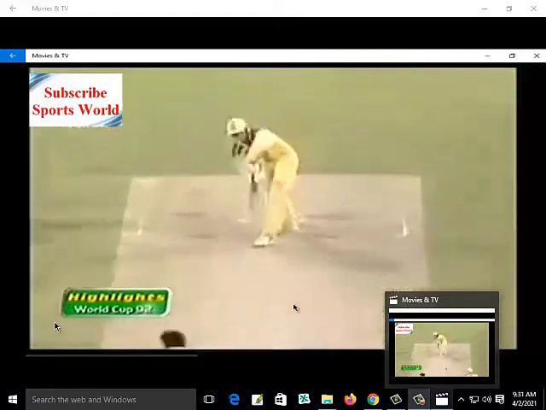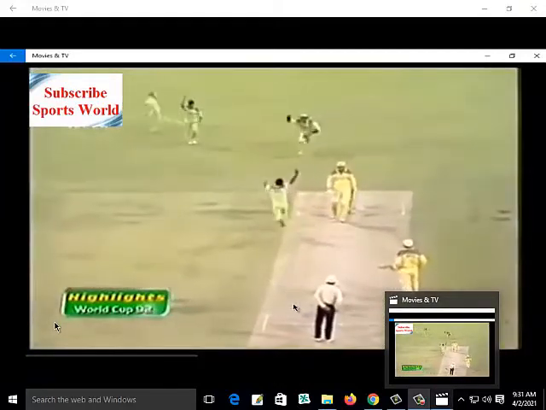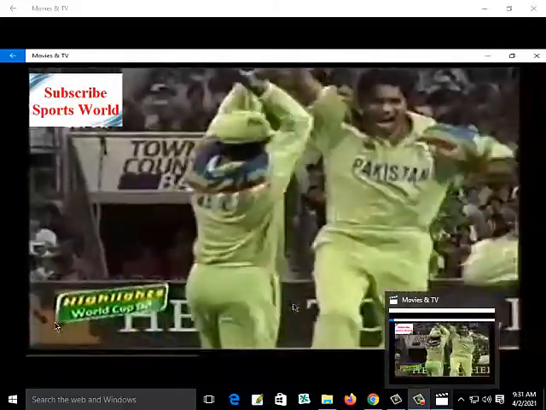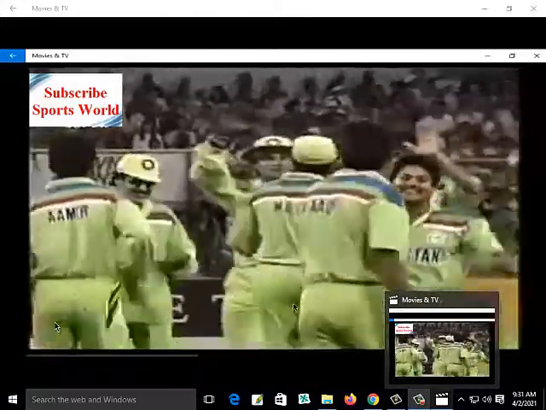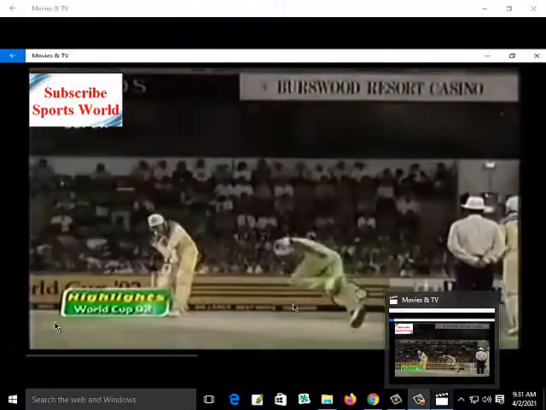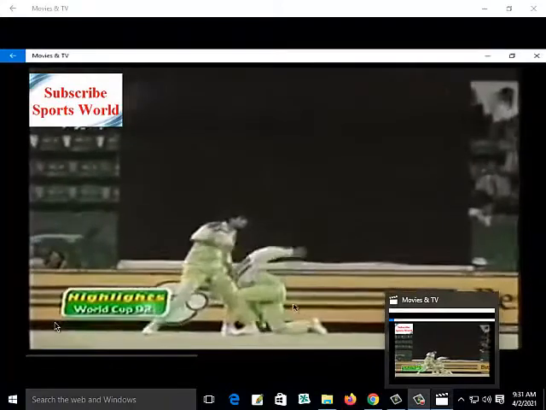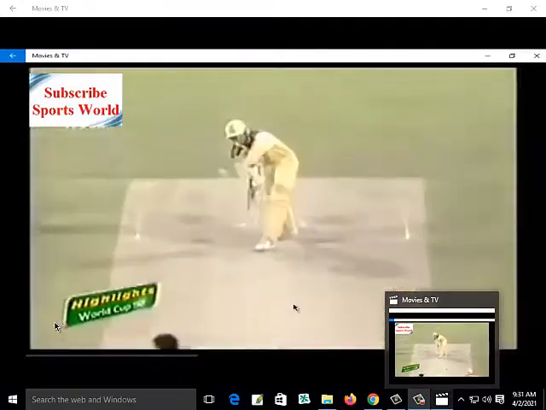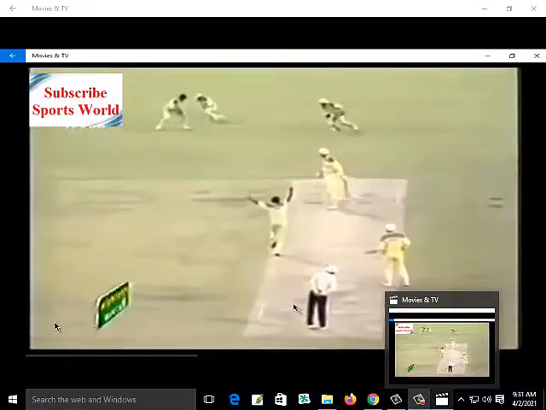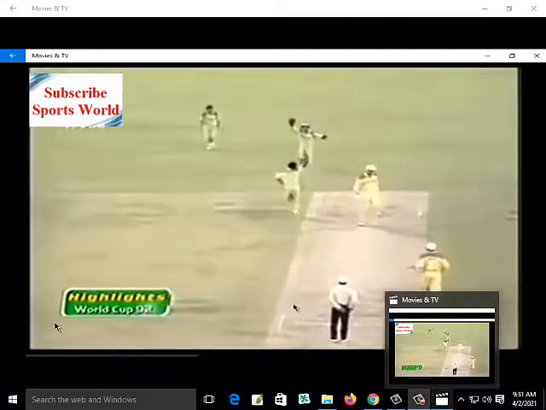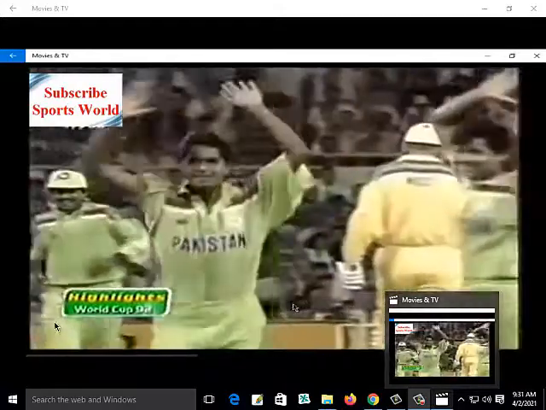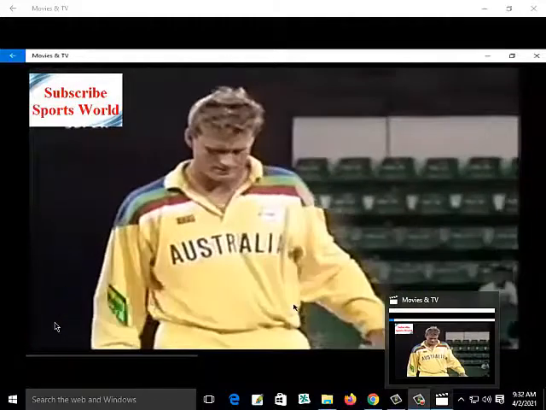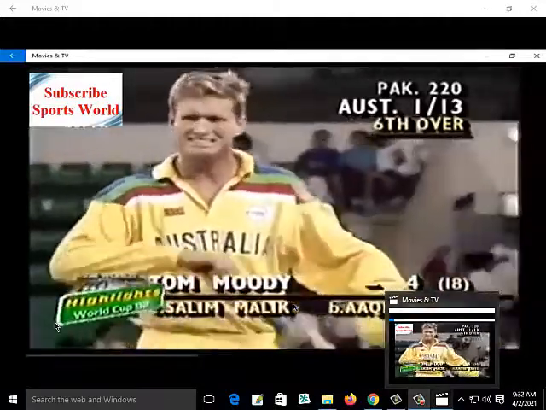Javed continues. Moody gets an edge, and that's the first wicket down. That's what Pakistan needed. A genuine outswing or a genuine edge. It was taken at first slip. Moody departs. It's 1 for 13. Javed bowling superbly here. Finally gets that outside edge, and Salim Malik takes a low catch there at first slip. Great catch. And aren't they excited about that? That's the start that Pakistan need. 1 for 13.